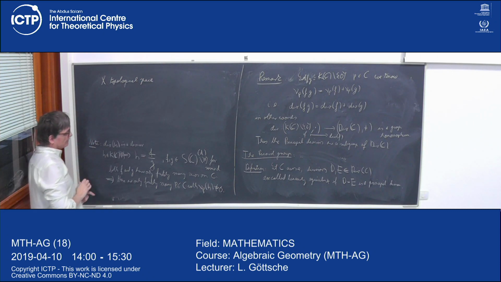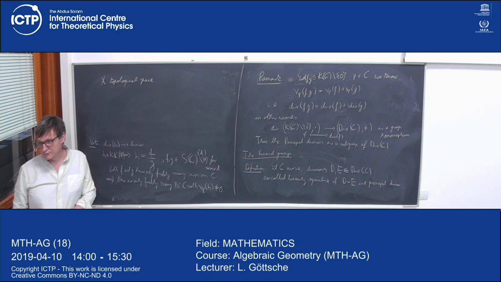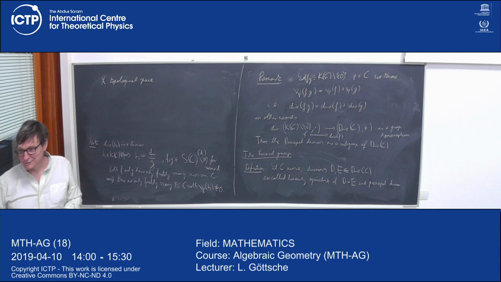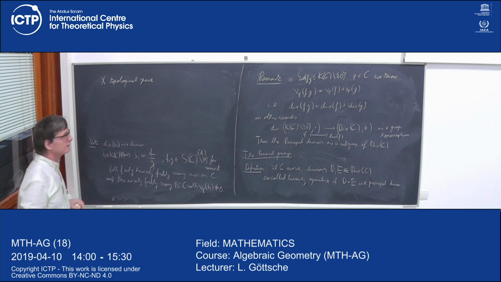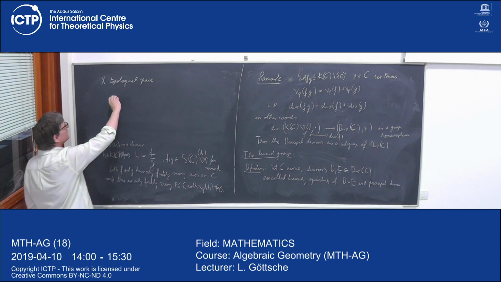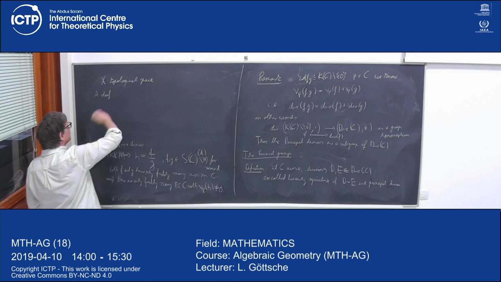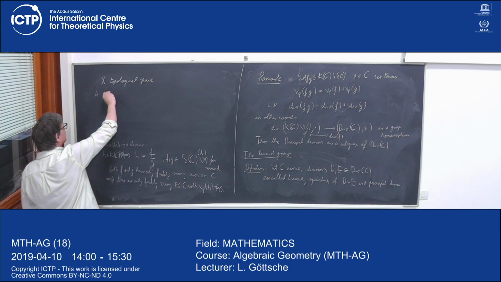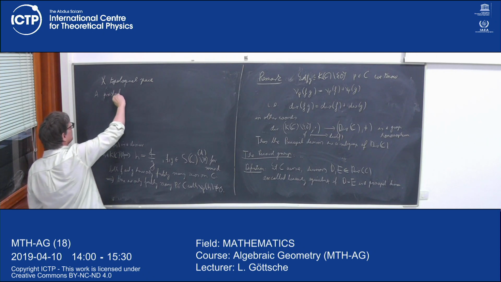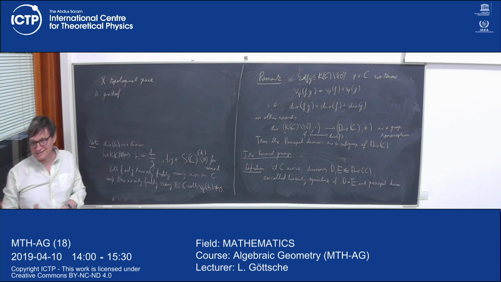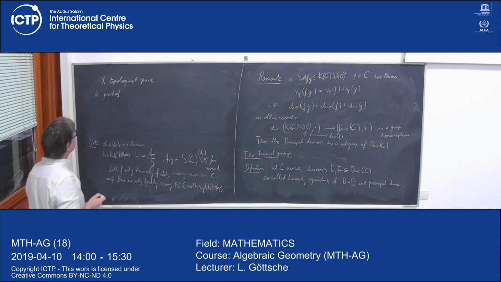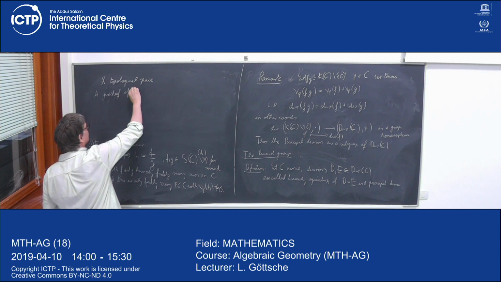Let's say I talk about a sheaf of abelian groups, for instance. So first I have to tell you what a pre-sheaf is. This is something which wants to be a sheaf but doesn't quite succeed. So a pre-sheaf of abelian groups